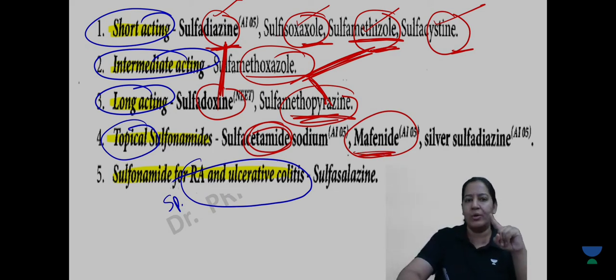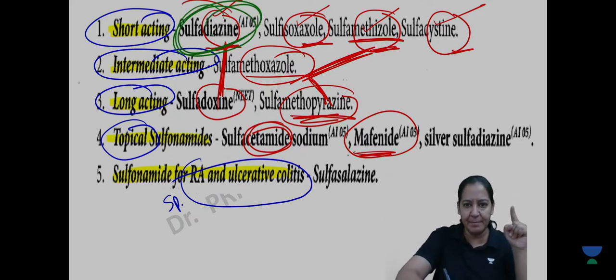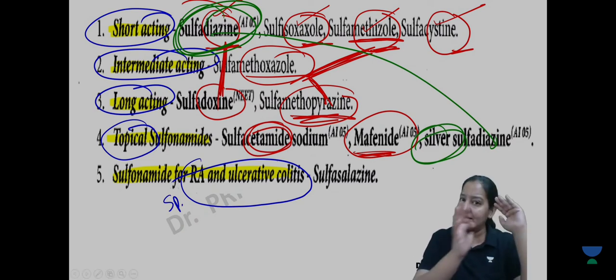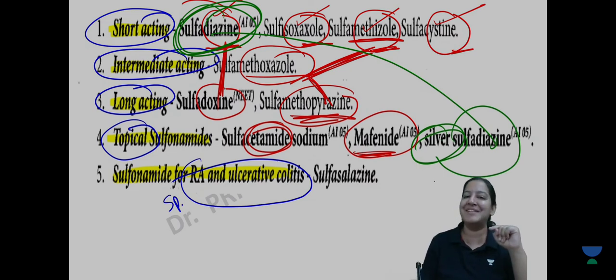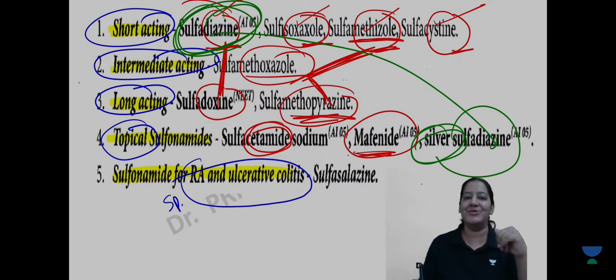The third one is the short one only. Sulfadiazine. The same sulfadiazine. Can you see this one? The same sulfadiazine, but we are adding silver in that. If we add silver in that, it will become topical. If only sulfadiazine, it is short acting. But sulfadiazine along with silver, it is topical. Right? Now I will show you the questions. I will show you the MCQs which were asked in the previous years of NEET PG FMG. You will get confused from the classification. I will show you the questions right now.